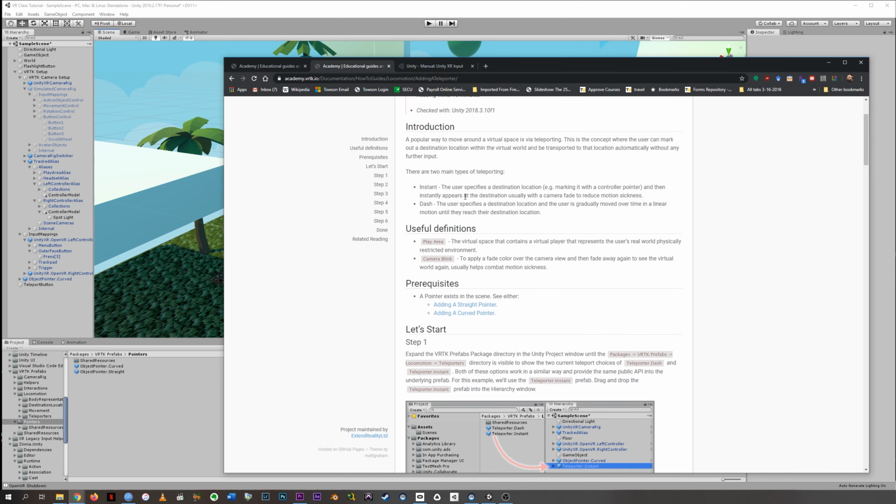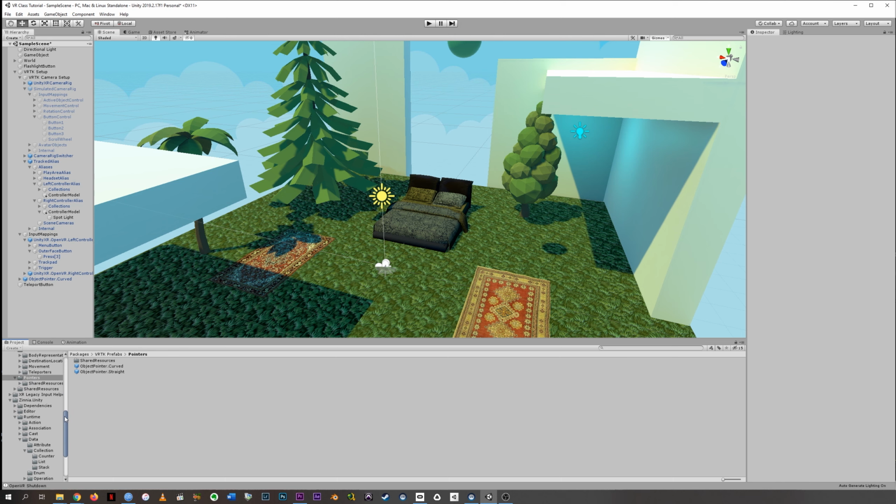There are basically two kinds of teleporters that VRTK can give you. An instant teleporter is literally a blink and you're there. Dash is a very fast advance forward to the spot. So like you're the Flash from whatever he's from, Marvel or DC. Oh no, all the comic book fans are mad at me now. But yeah, it's like a really fast move. So you can choose. I kind of like Dash. It just feels a little more embodied to me. But if it bugs you, then choose